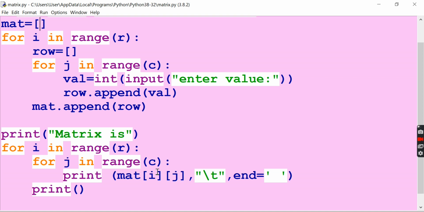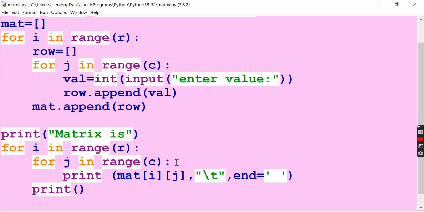Now if you are going through this matrix, I is 0 and J is 0, then I 0, J 1, I 0, J 2. The next elements, every element, will be printed when you give print mat I comma J, or mat[I][J]. This is the syntax to retrieve a matrix element already saved in mat. It is a list into list, already saved as a list of lists. So how can you retrieve these?